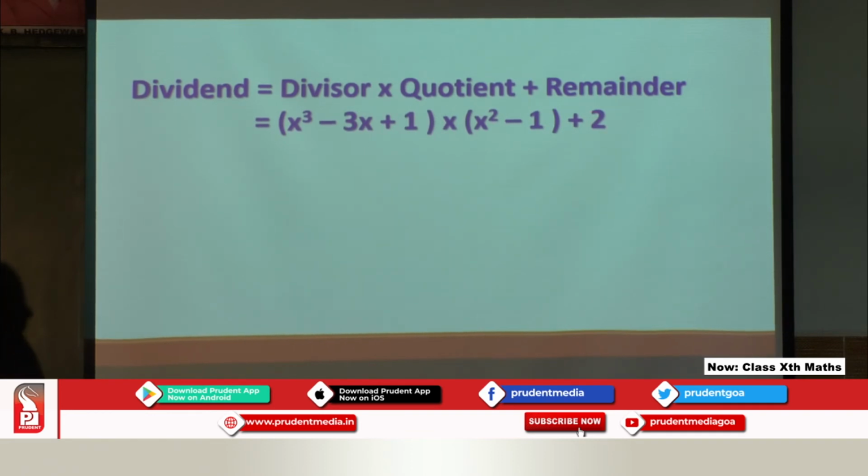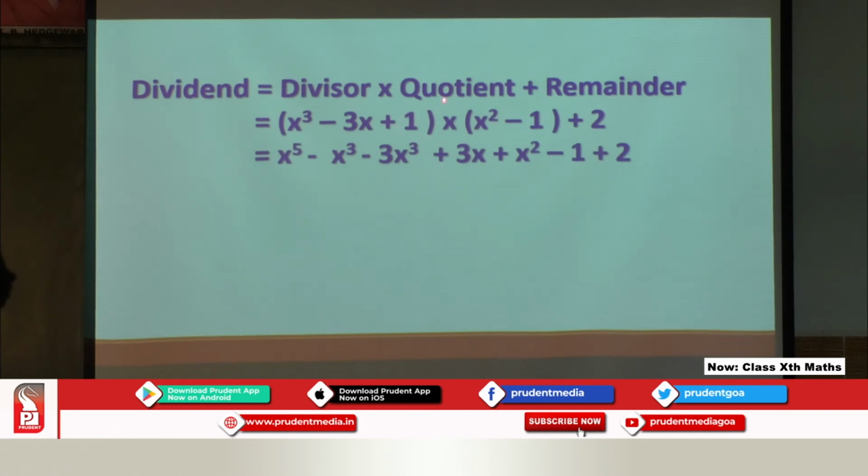Now next step, we should simplify, that means we should multiply this entire term by this term now. So x cube is multiplied by x square, we got x raised to 5. Again x cube is multiplied by the second term, that is minus 1, so minus x cube. Now next step, this second term is a minus 3x, so this minus 3x again multiplied by this entire term. So minus into plus is minus, 3x into x square, that is 3x cube. Now again minus into minus, that is plus, so 3x ones are 3x.